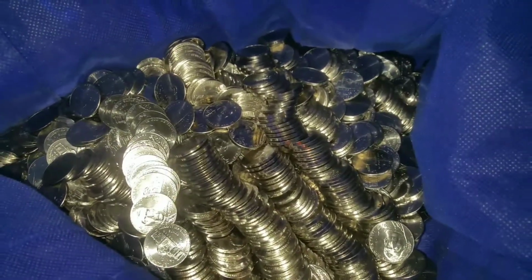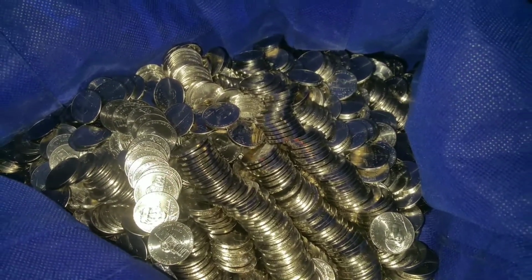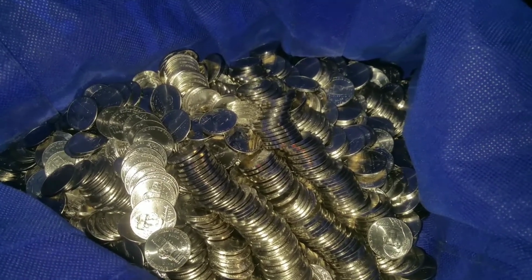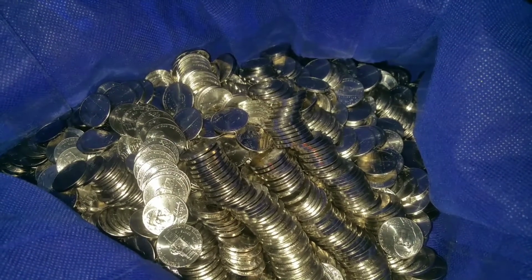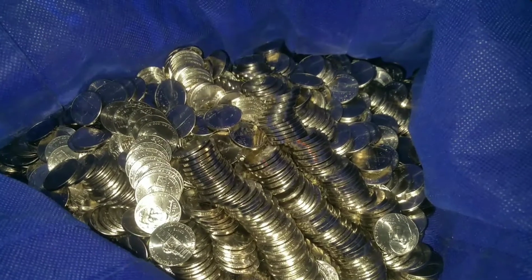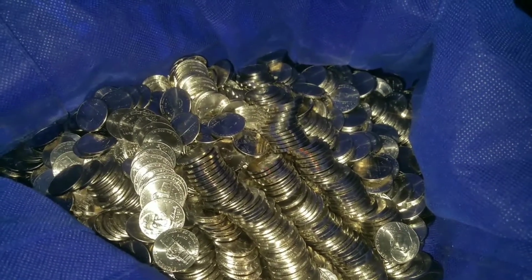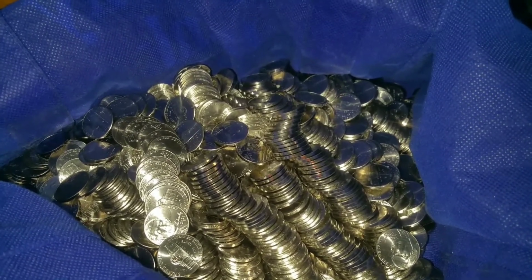I also got informed that one of my branches doesn't bag up their return half dollars, and somebody went in and picked up $200 worth. They got a gold-plated one in a 1962. So I may go to that branch tomorrow and see if I can pick up whatever they have left, and hopefully we'll find some silver in some returns, or you never know, maybe they got a bunch of varieties in there. So that being said, let's